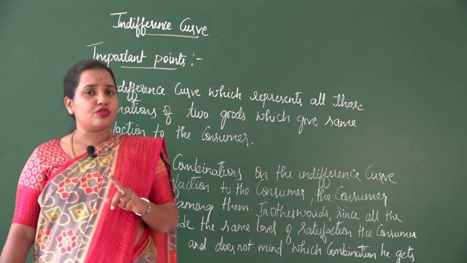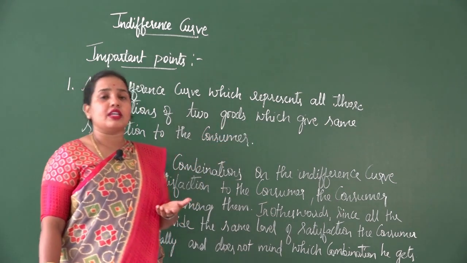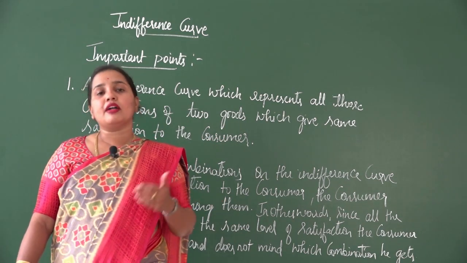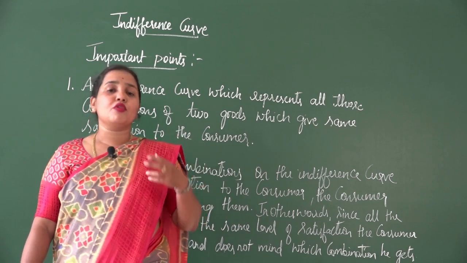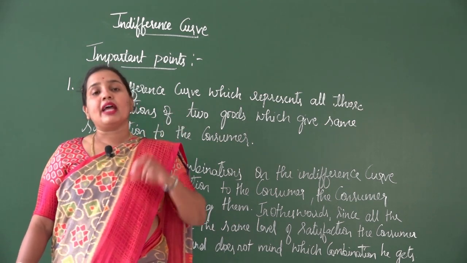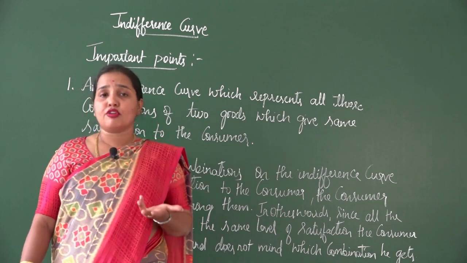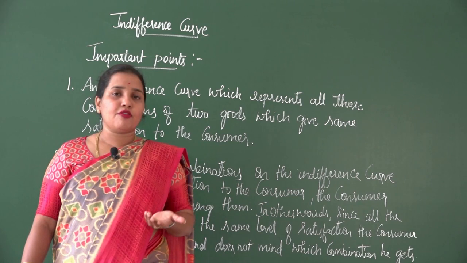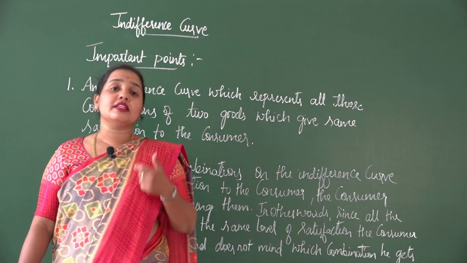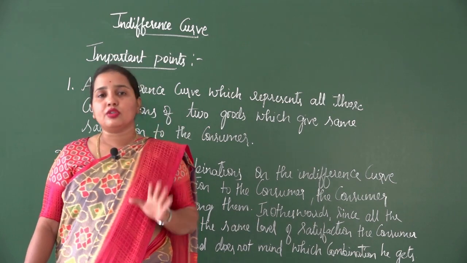An important point that you should keep here is that since we have taken 2 goods, it doesn't mean that indifference curve analysis only considers 2 commodities. There may be n number of commodities, but we cannot plot more than 2 goods on a graph. That is why we are considering only 2 goods. But an indifference curve does consider many goods and services. There may be n number of goods also. Since we cannot depict it in the form of a graph, only 2 goods can be shown in the form of X and Y. We are considering the combination of 2 goods. So, this is the most important thing that you need to understand.